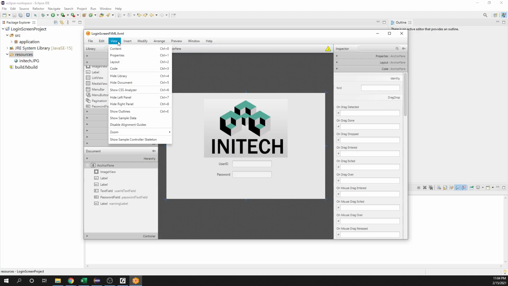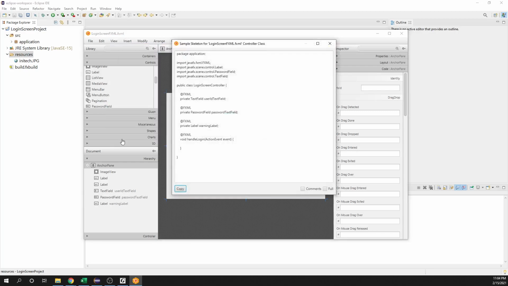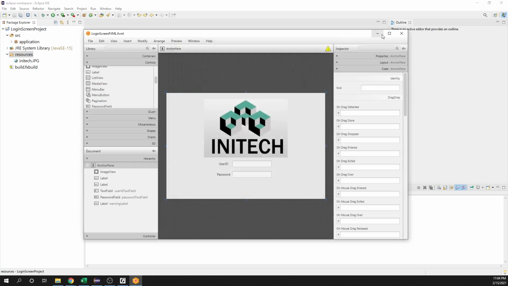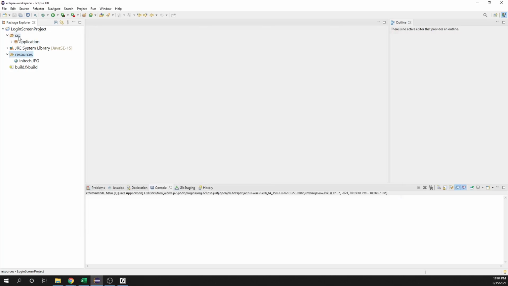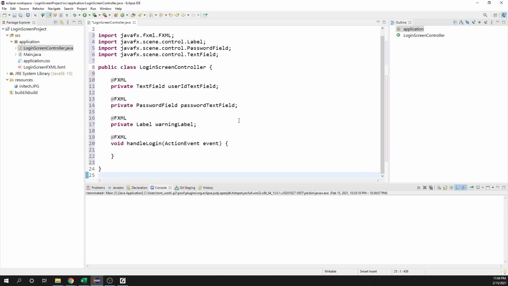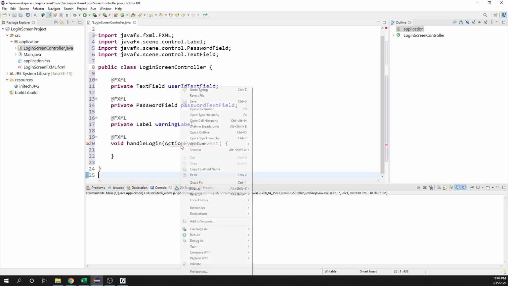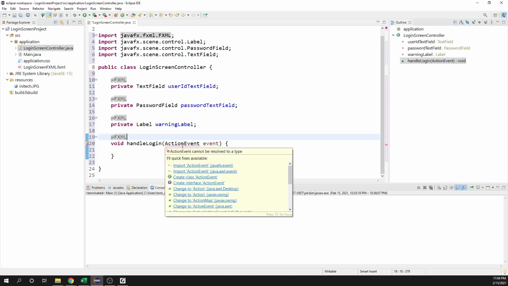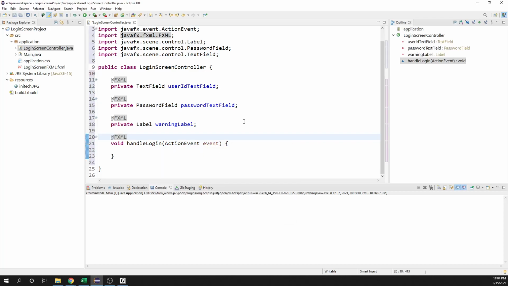And then I am going to show sample controller skeleton, copy that out, and paste that into the controller. And then hover over this action event and add that in there. Make sure it's the JavaFX one. All right, so